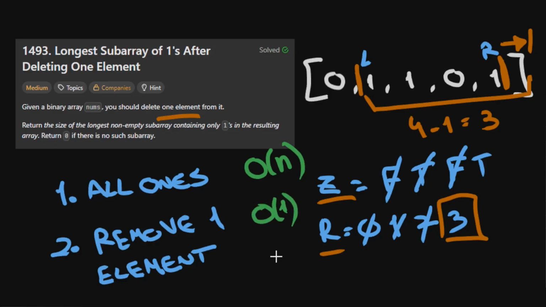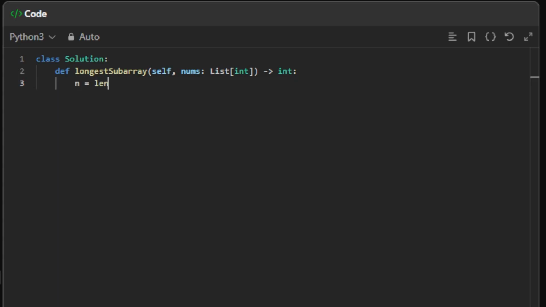So now let's go with the code and hopefully you will get the idea. First we say n is the length of nums. Our boolean c for 0 is initially false. The result is initially 0. The left pointer is initially 0, and for right in range n, if nums right is 0,